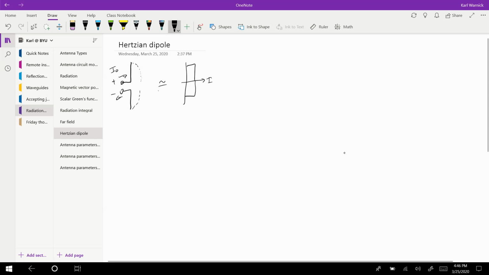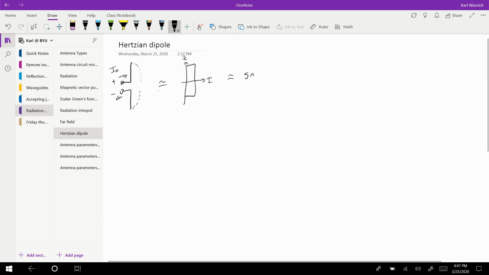This is I, and this is, we'll make this the z direction. Now the current is not constant on the wire, so this is an approximation, but it's going to make the radiation integral easier to evaluate. Now at this point, I'm going to do things slightly differently than in the notes. We'll get the same results, so everything's okay, but I'm also going to assume